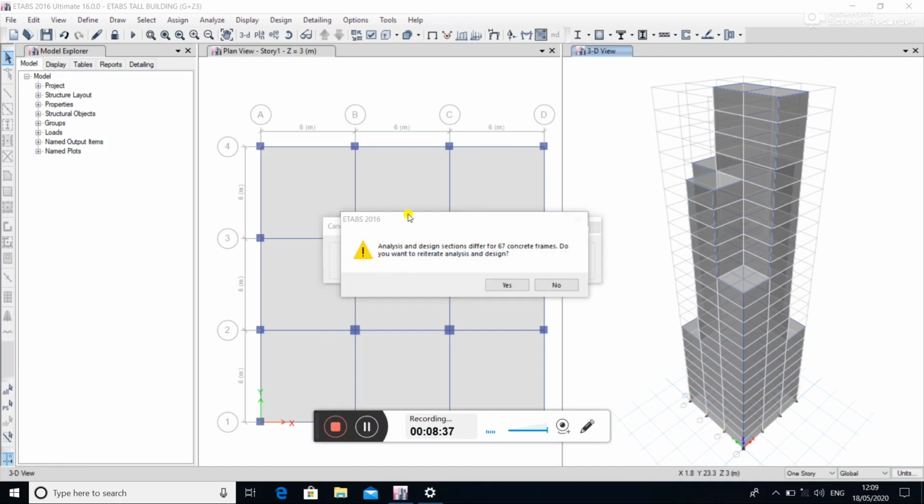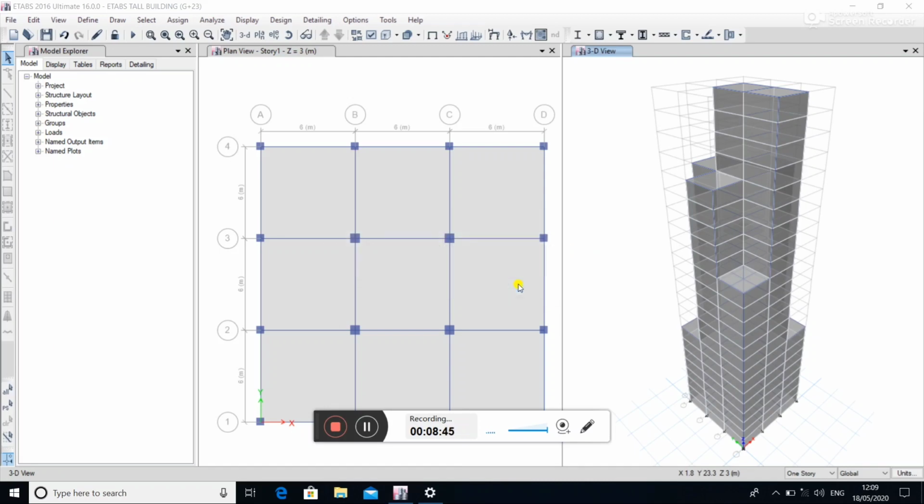Then the software asks to reiterate the analysis and design for the 67 concrete frames. Click on Yes. Wait for some time.